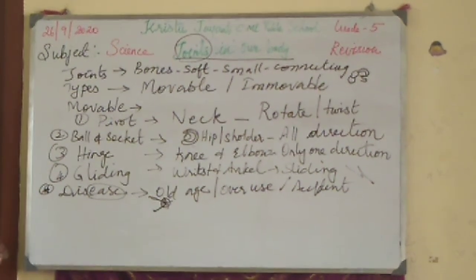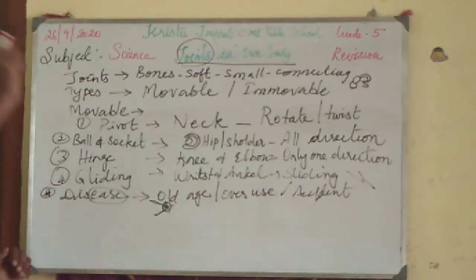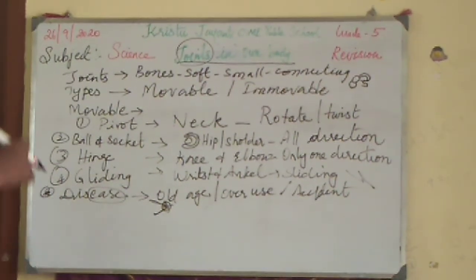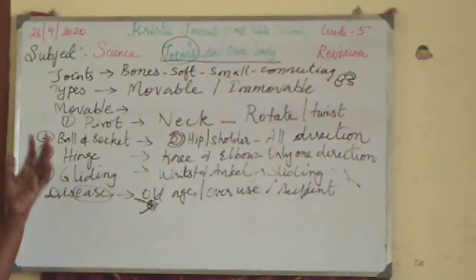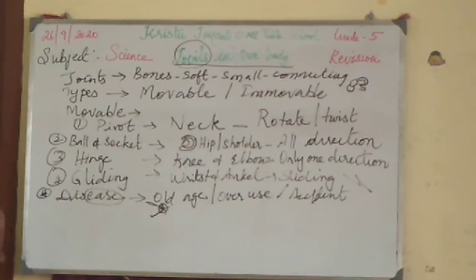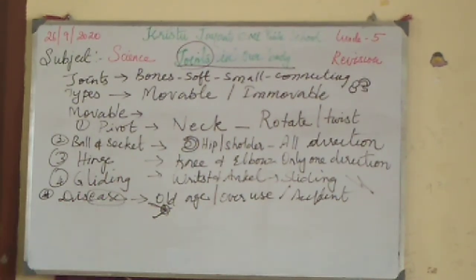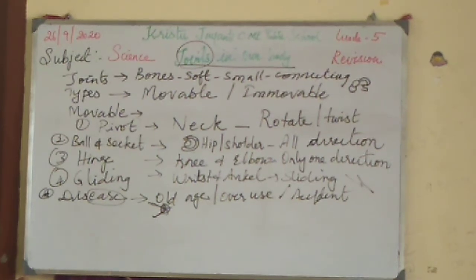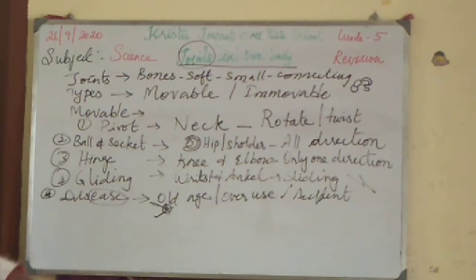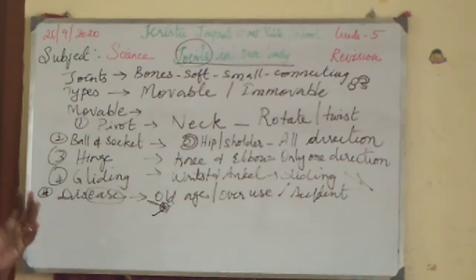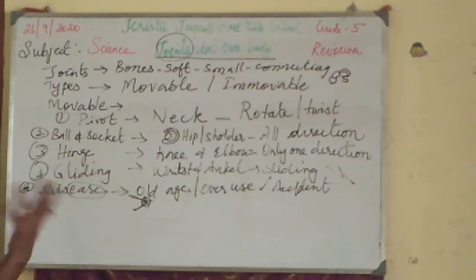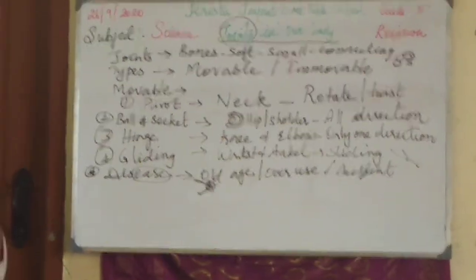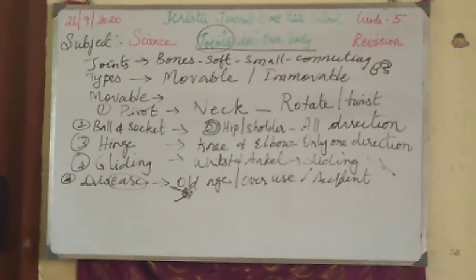And overuse. Continuously, if we use some particular part alone more and more, that will cause disease. For example, tennis players use their hands more than us. See, we use our hands whenever we write or do some work, that's all. But tennis players practice 4-5 hours daily. And when they go for a tournament, again several hours they have to play. So what is the meaning? Continuously, when they use their elbows again and again, they will get some problem, disease in that place, which is called tennis elbow, because of that overuse. And an accident: when we fall, because of that we will get some problem. That is also one of the problems related to joints.